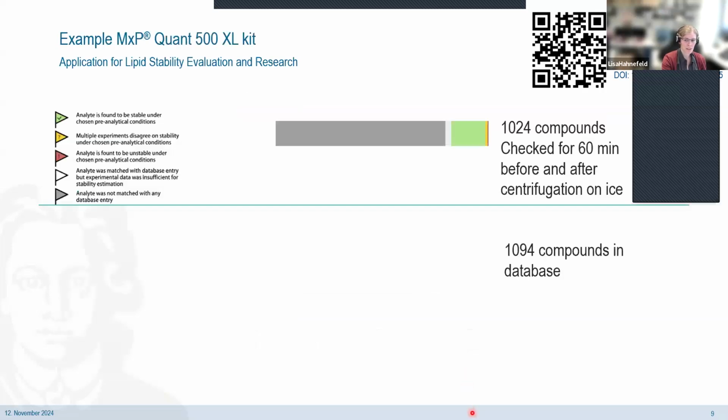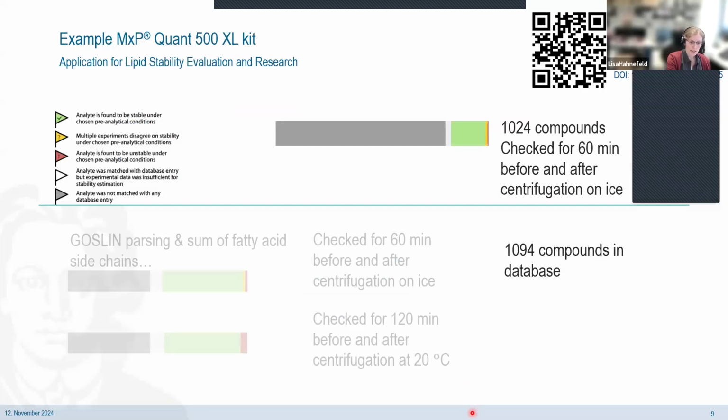How can that be? The extended MXP Quant kit has more than 1,000 compounds, but so does our database. So how can it be that there is so little overlap? This is actually the perfect transition to the next problem, dataset integration, because I think the overlap is actually quite high. But of course, the nomenclature of the compounds could be different, and that can cause the database to be unable to match these compounds. So then I tried again,